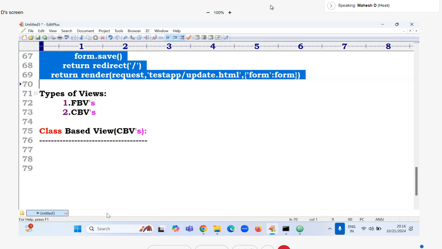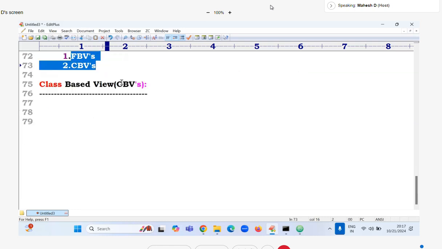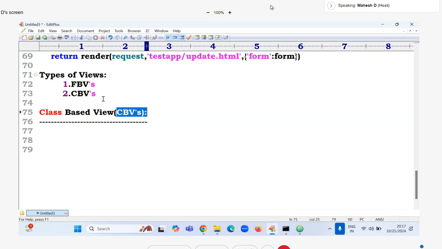Internally, these CBVs are also converted to FBVs only. So for simple operations, CBV is recommended. In real-time projects also, everyone uses CBVs, not FBVs. For example,